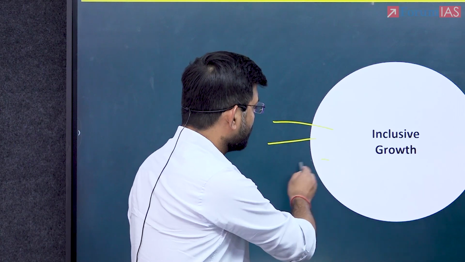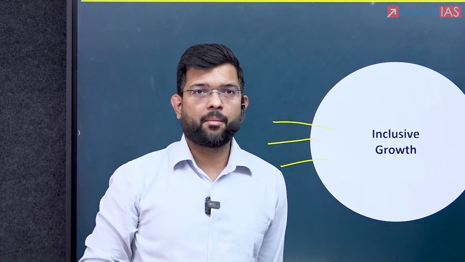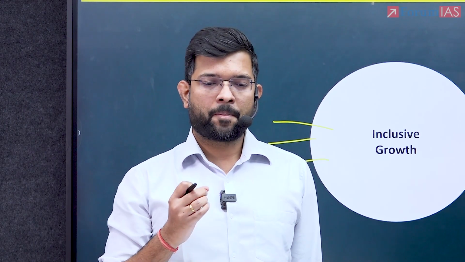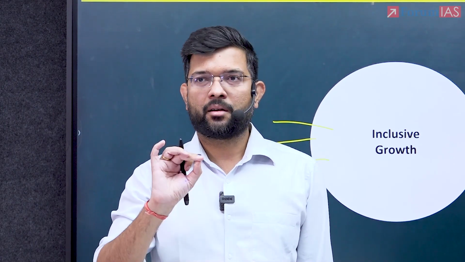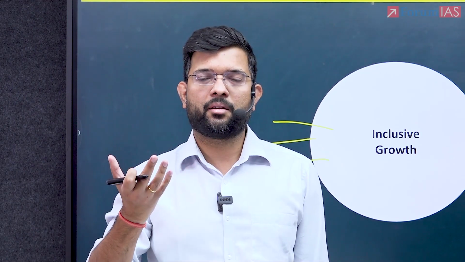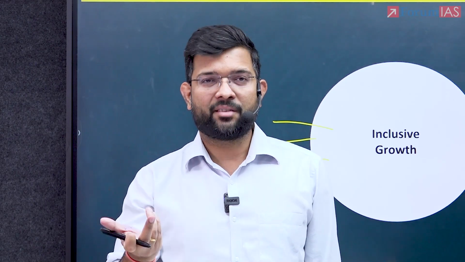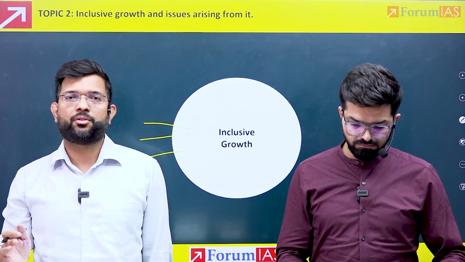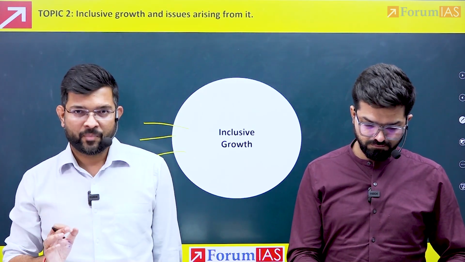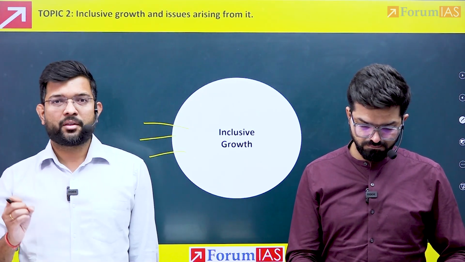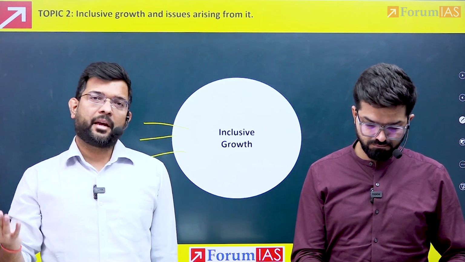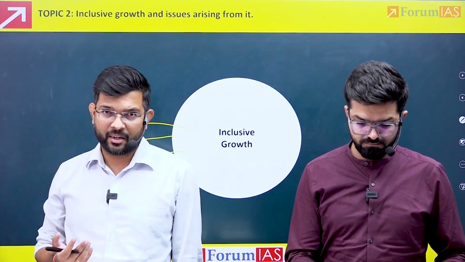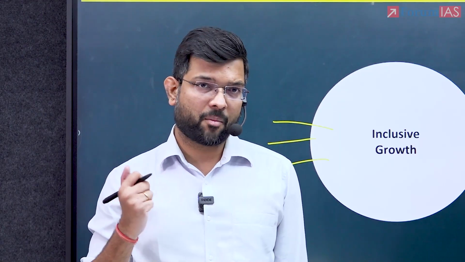Then in inclusive growth comes another factor, which is the indicators of inclusive growth. One question can be that itself: are the indicators of inclusive growth enough to define inclusivity or not? Then there can be standalone questions on indicators such as the MPI, the multidimensional poverty index, or the HDI. What is the difference between MPI and HDI? We can also have questions on something like the Inclusive Development Index, which is given by the World Economic Forum.